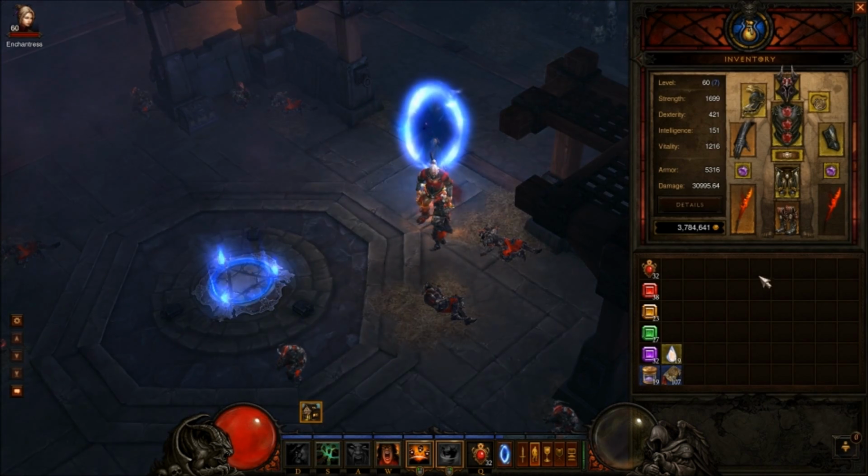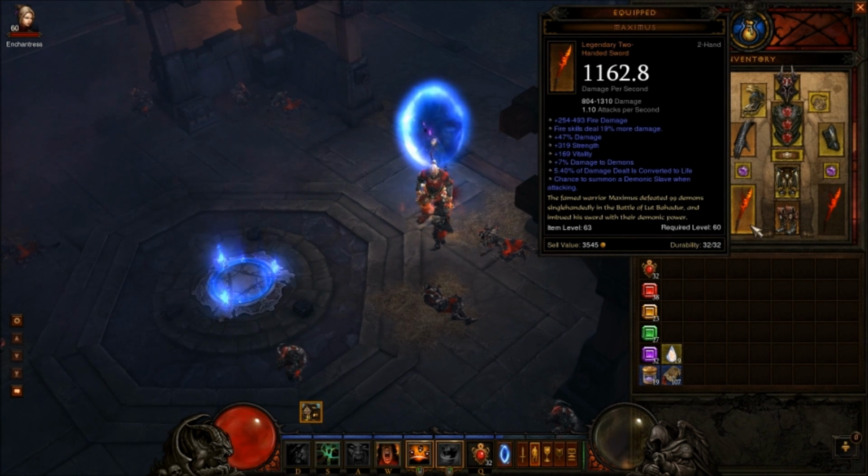So for your gear, obviously the first thing and the main thing that I base this build around is Maximus. Along with summoning the Demonic Slave, which is pretty cool and actually does a decent amount of damage, it increases the damage that your fire skills deal. So what that means is